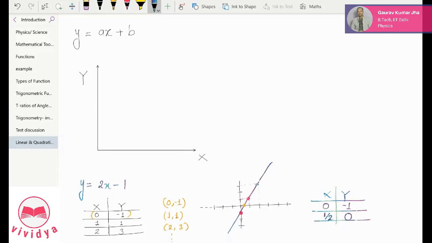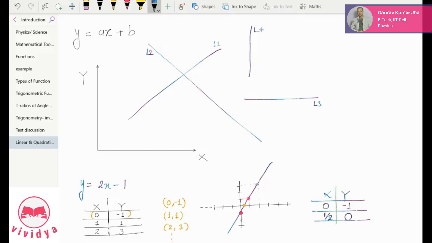I'll draw. So either the straight line may look something like this, or like this, or along the x-axis or along the y-axis. No matter what, this line can be placed anywhere, doesn't matter. But the lines will look like this, no? So let's call this L1, L2, L3 and L4. So what is the characteristic of L1? L1, you can see it is x.